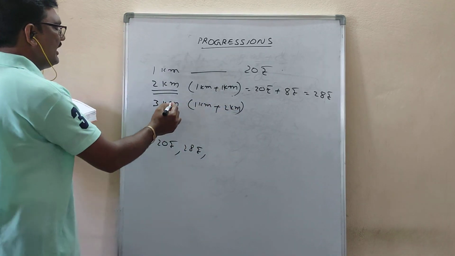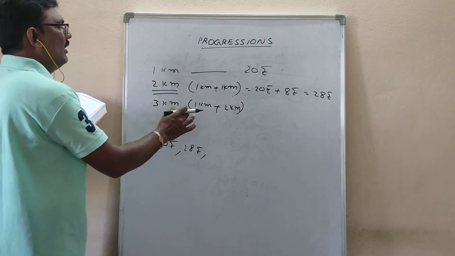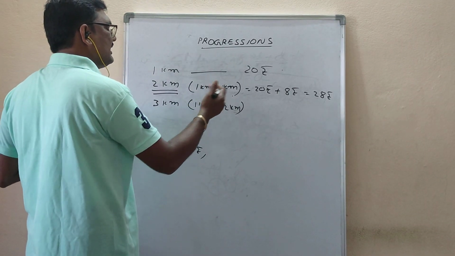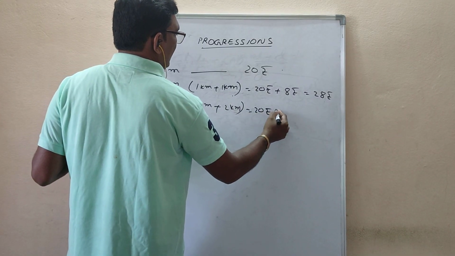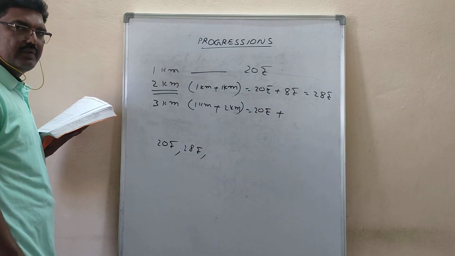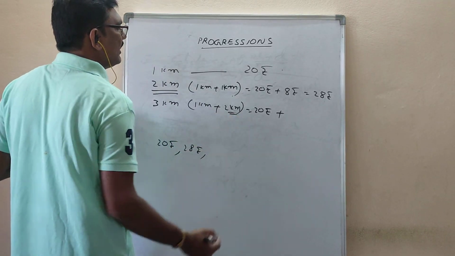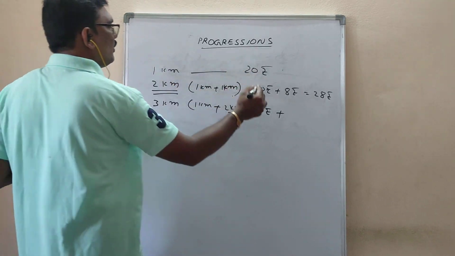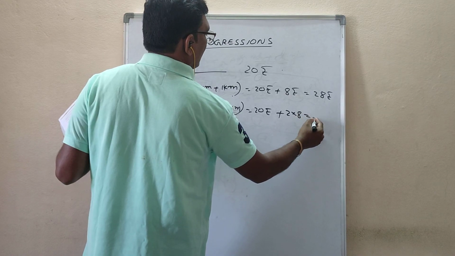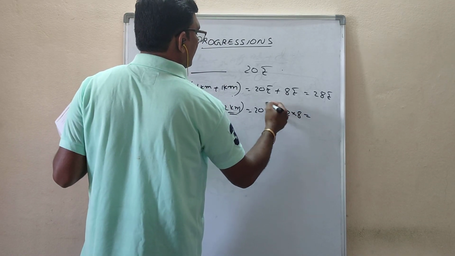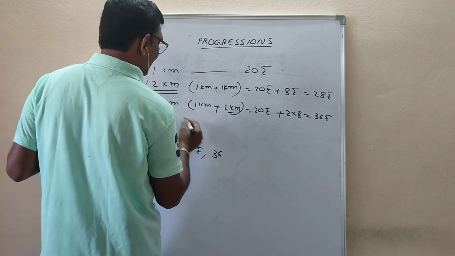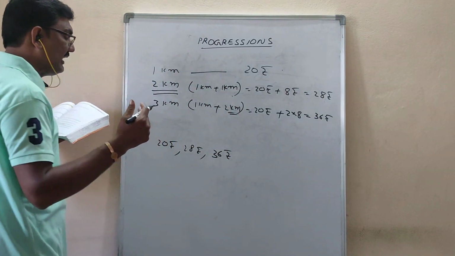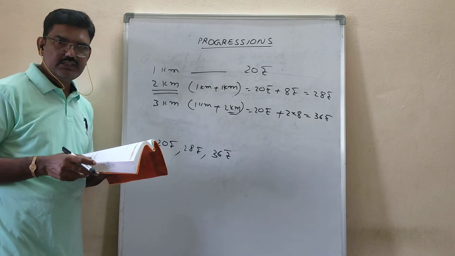So here, 3 kilometers I am splitting into first kilometer and next onwards 2 kilometers. For the first kilometer, he has to pay 20 rupees itself. And again 2 kilometers are there, per each kilometer 8 rupees. Means 2 into 8. 2 8s are how much? 16. 16 plus 20 how much? 36. So, if he travels 3 kilometers, he has to pay the taxi owner 36 rupees.